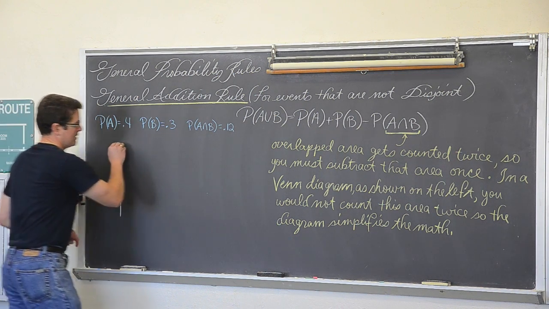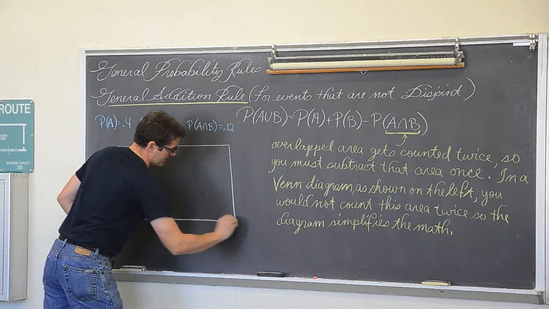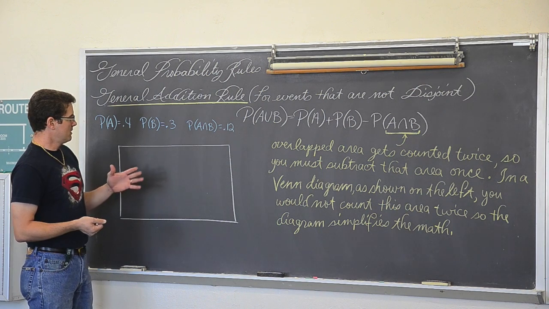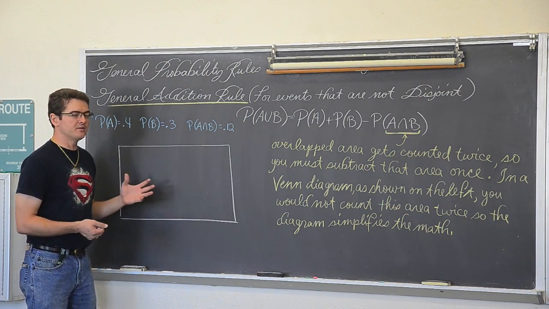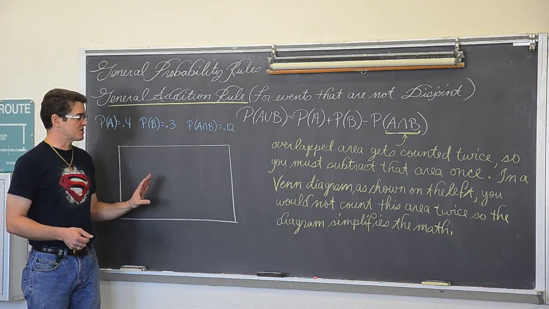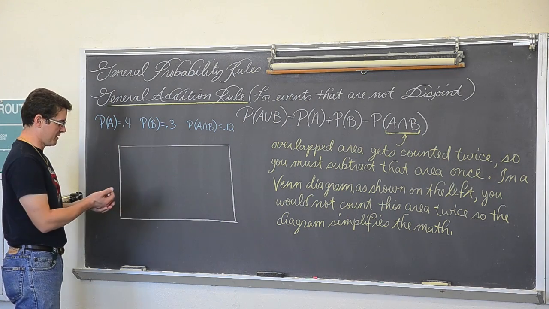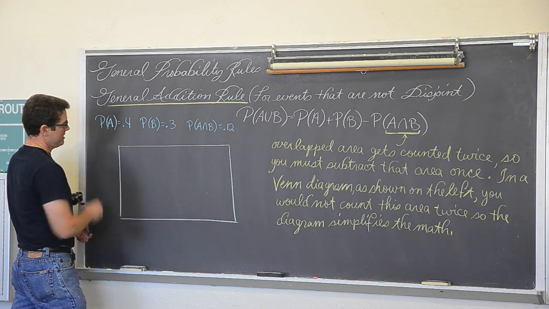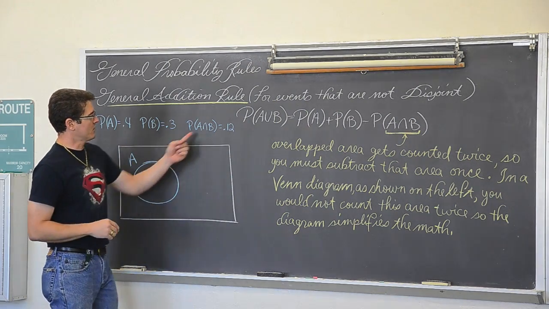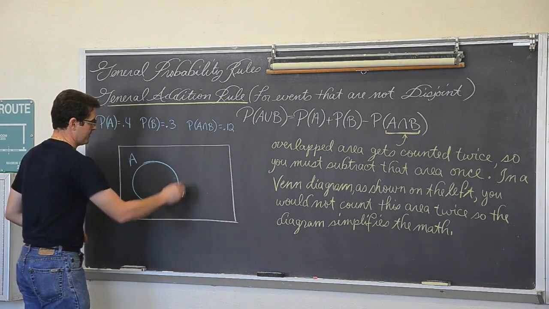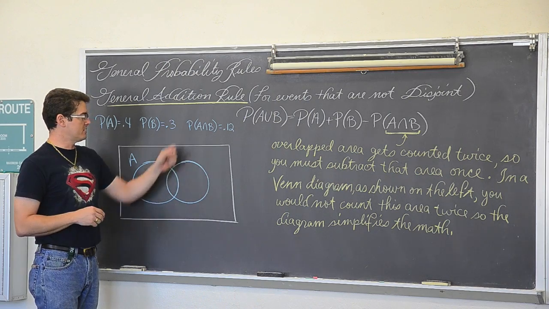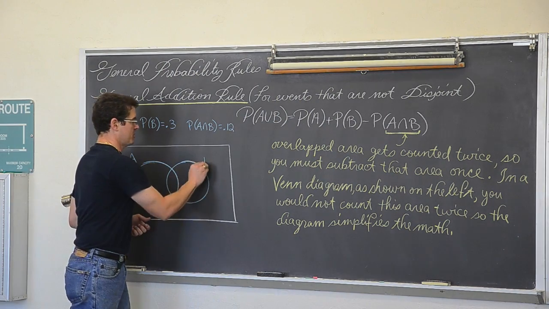To set up a Venn diagram, you draw a rectangle, and that rectangle represents the entire sample space. So the area, or the probability, inside this square is going to be 1. Now, it's not a density curve, but it's kind of like that, where this is the entire sample space. Inside the sample space, we have a couple of events, with A being 40%, but I'm just going to put a circle and call this circle A. There is a possibility these events occur at the same time, so I'm going to leave an overlap. Within that overlap is going to represent the probability of both events occurring. And so I'm going to put a B over here.